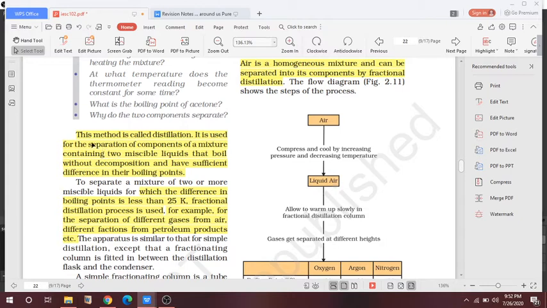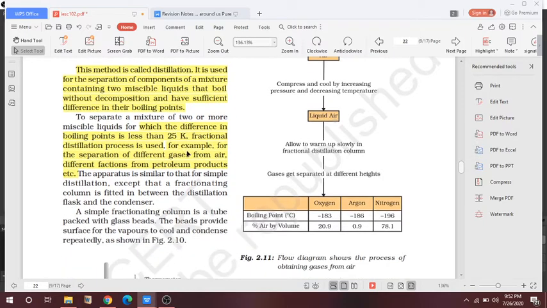Here the method is called distillation, and it is used for separation of components of a mixture containing two miscible liquids, based on the boiling point, without decomposition and with sufficient difference in the boiling points of these two liquids. This is also very important: to separate a mixture of two or more miscible liquids for which the difference of boiling point is less than 25 Kelvin,